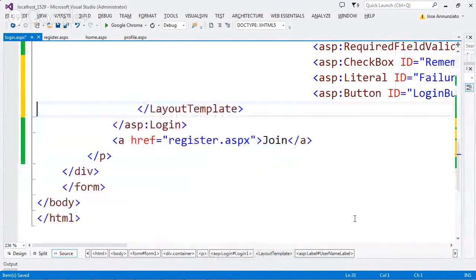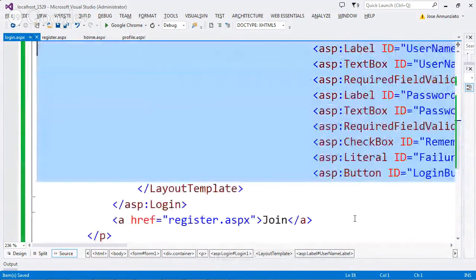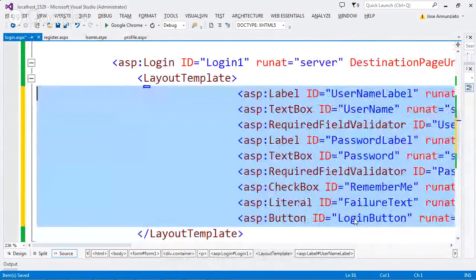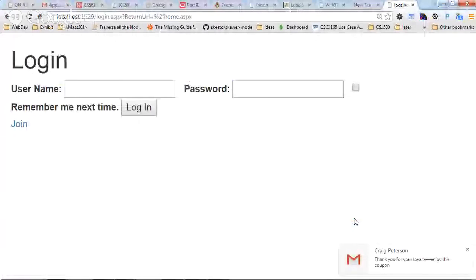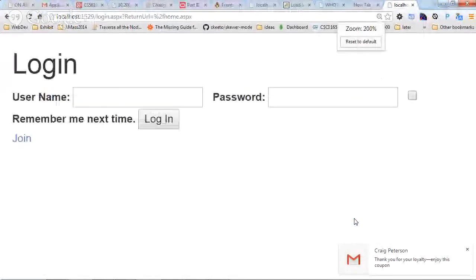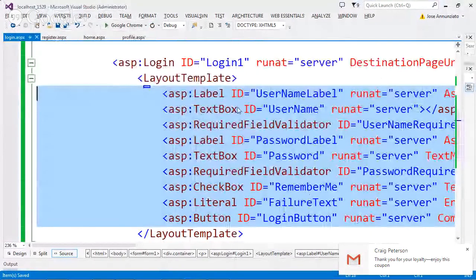And all the way to layout. There it is. So there we go. If we refresh now, there's absolutely no layout. It just flows with the page. So we can style this by adding some